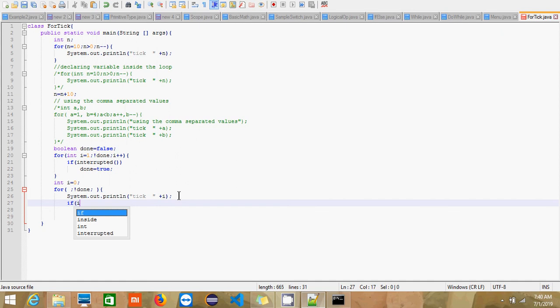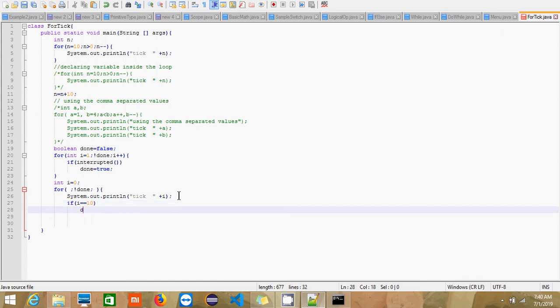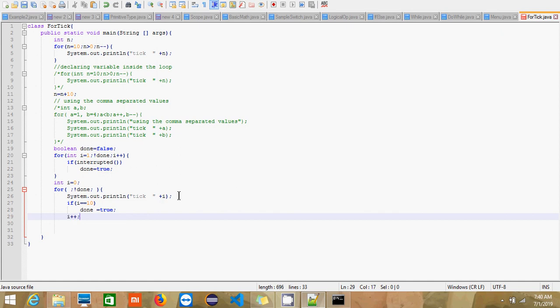If i equals 10, what I am doing here is making done equal to true. Let's see, it will work, but observe the main issue here: I am providing i++ here. Without i++, this program executes,